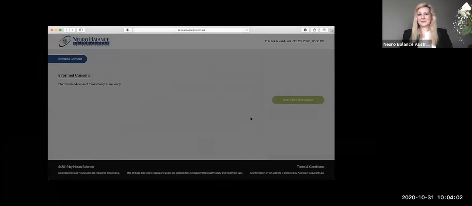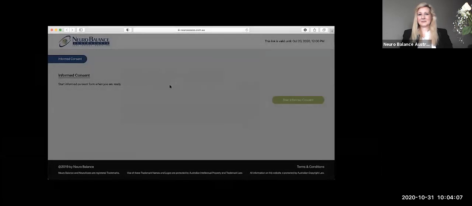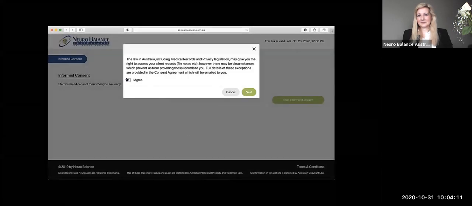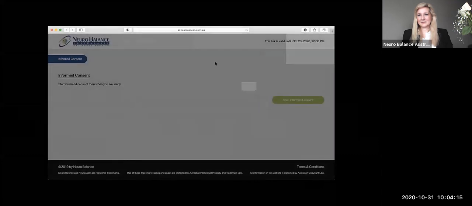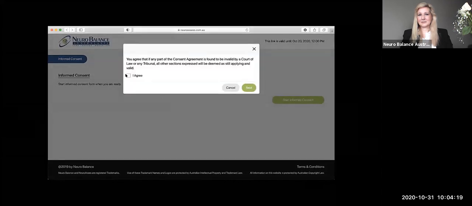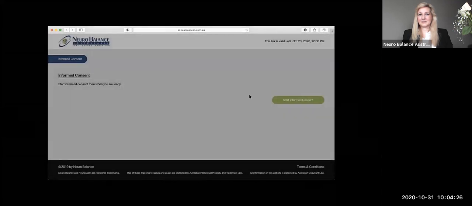I agree. So what Shane's taking us through now is the informed consent. The informed consent's been developed by a barrister and solicitor, and it meets all of the legal requirements here in Australia. As you can see, it's broken down into bite-sized boxes for people to read rather than one long document. Deliberately done too, is it, to draw attention to those areas? But I'm just skipping through it.